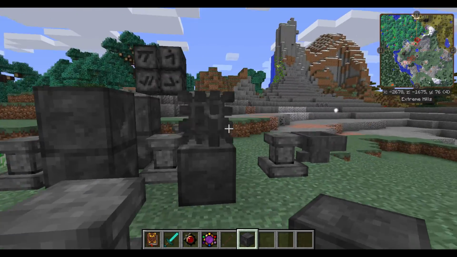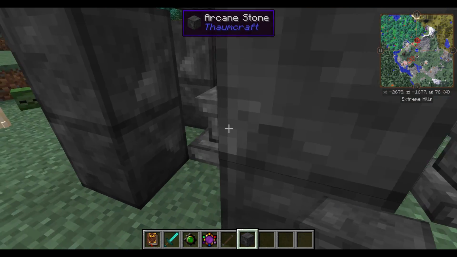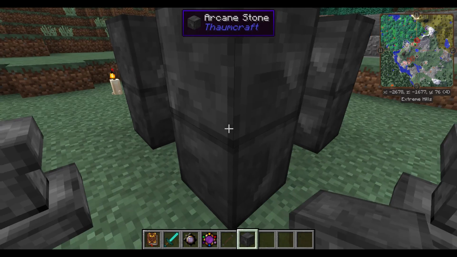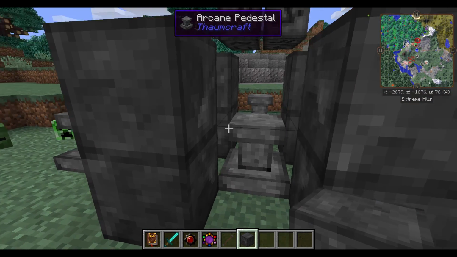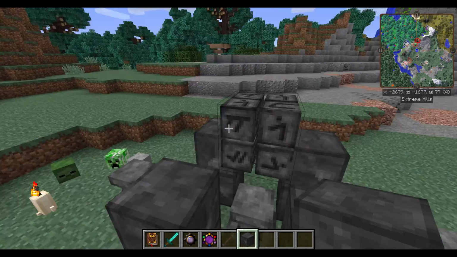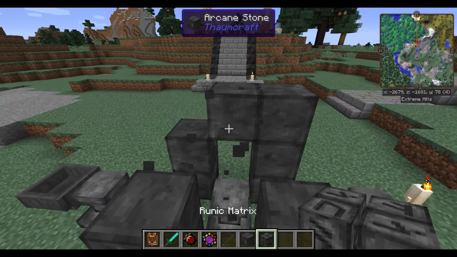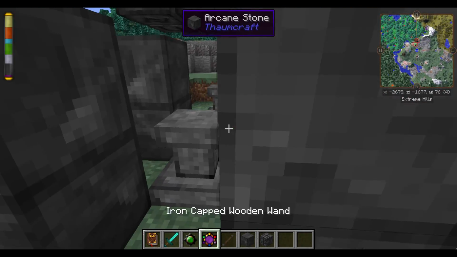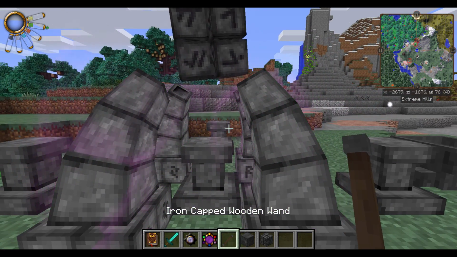Essentially, you just place these, as I have here, in a 3x3 area, just filling 2 high on each of the corners. Place a pedestal in the middle. You don't have to have these pedestals on the outside. I'll explain those in a minute. And then you're going to want to work on building the Runic Matrix up on the inside here, and then removing any excess. Take your wand, and if you've done it properly, poof, you should be able to make yourself